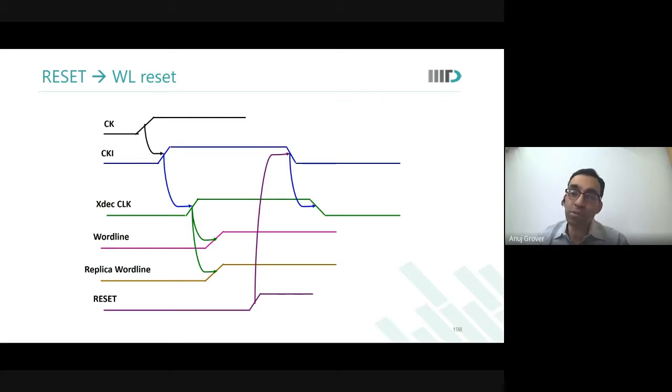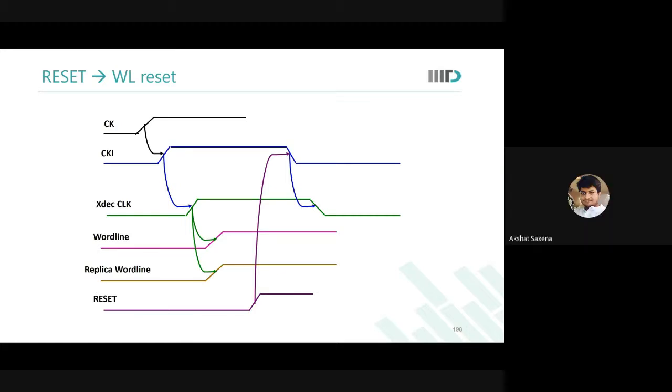So now this 6 is not a magic number. You have to design this value. In some memories you will want to use 4, in other memories you will want to use 8, in other memories you will want to use 10 also. That depends on what kind of RC matching you are able to do, what kind of speed you are able to capture. Okay?